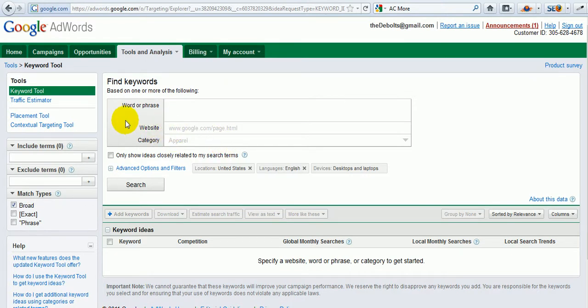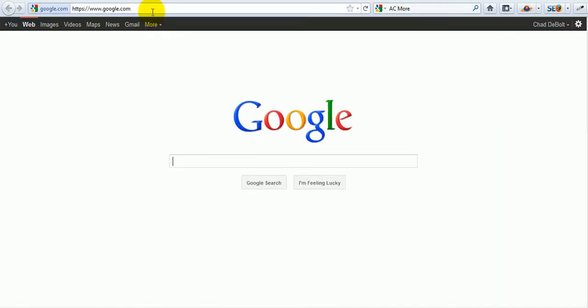Website area. I use one of two ways. The first way is, you might not really know the keywords you want, or might not even have a good starting keyword list. You might just have a brain cramp, or you just don't know. A cool way to use this section is that I go into my competitors' websites and grab their URL. So for instance,